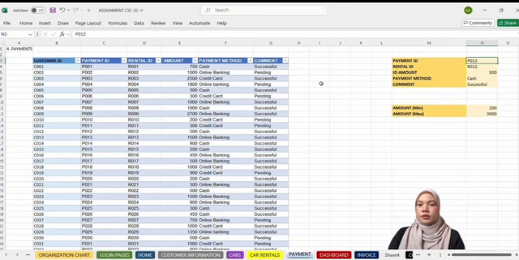In this sheet, we also have several important columns, which are customer ID that shows who made the payment, payment ID, which is a unique ID for each payment like P001, P002, and so on, rental ID that connects the payment to a specific rental, amount that shows how much the customer paid, payment method that tells us how the customer paid like cash, credit card, or online banking, and lastly comment which shows the payment status, either pending or successful. All these tables help us check who has paid and who has not.